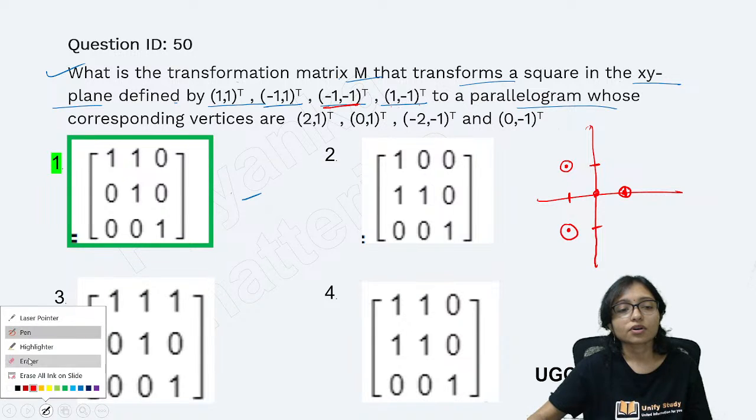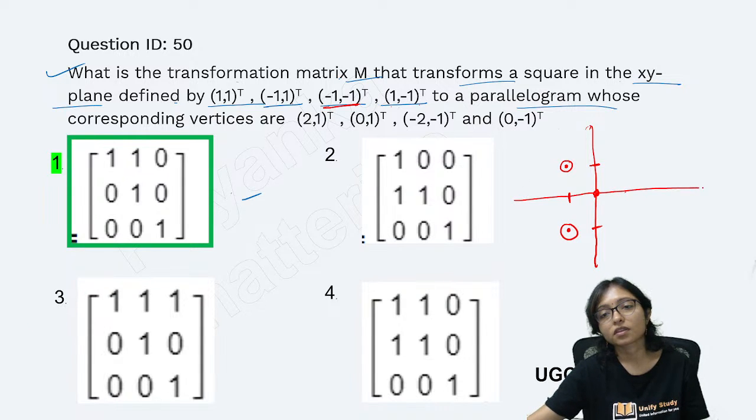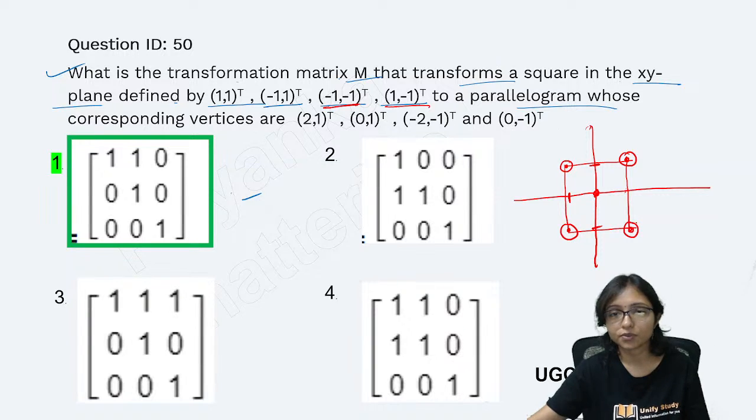Another point is 1 1. Here I drew, here I did a mistake. This point will be here. The 1 1 point will be here. Here is the 1 point and the last point is 1 minus 1. This is your parallelogram. It's given that this is a parallelogram and it is a square also. Not only a parallelogram, it is a square also, whose corresponding vertices are 2 1,